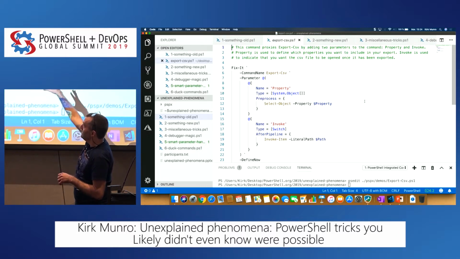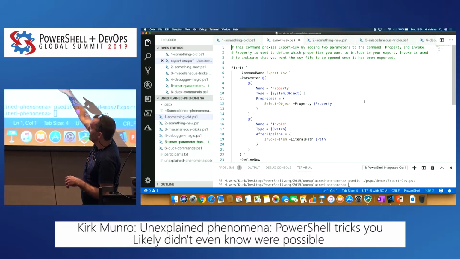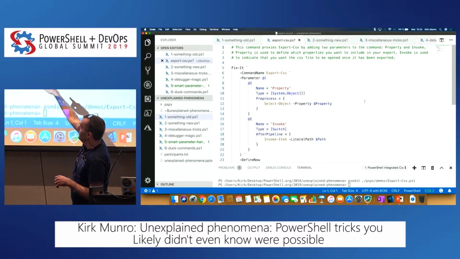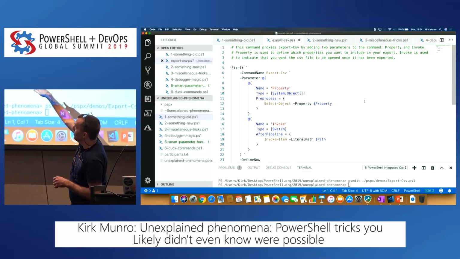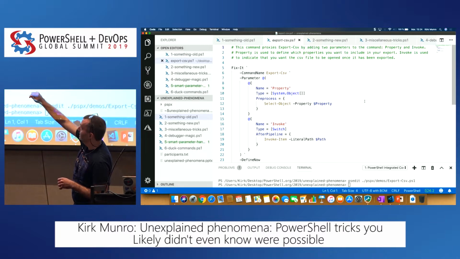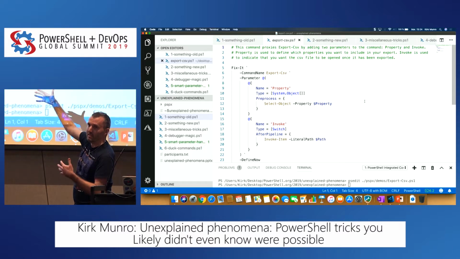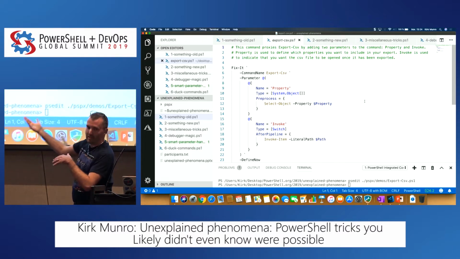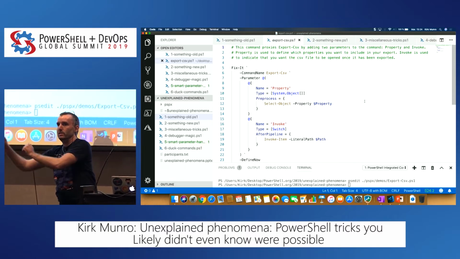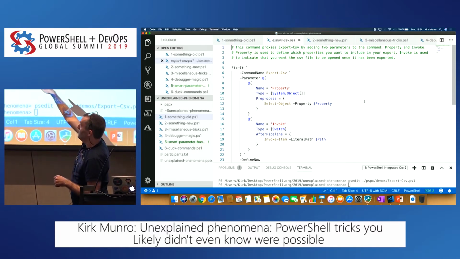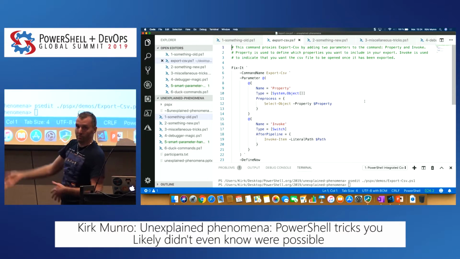So I can take these property bags, and the first one says that I want to add a parameter name called property. It's going to have a type of system object and be an array. And as a pre-process step, when I get my data, I want to select object-property on it. So I'm basically just saying, like, I said, I can take a data set, pipe to select object-property, and then send that to export CSV. Here I'm saying, well, I want export CSV to have property, and I want it to be smart enough to internally call select object-property on the data that I give it, and then export it to the CSV.